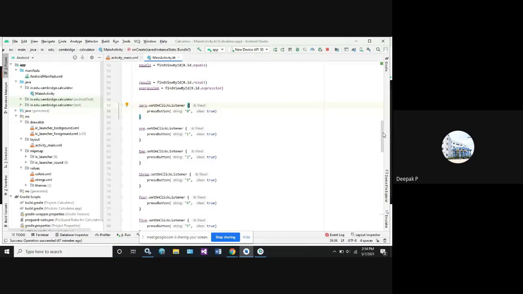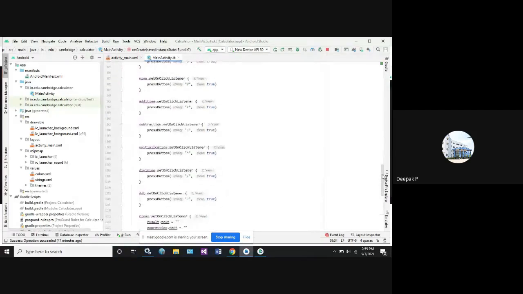For this purpose, what you should do is load the content as string here. You cannot take num equal colon, in double quote you cannot write 1. Make sure that whatever content is loaded in the text view is loaded as strings here. This functionality works for all the other functions.